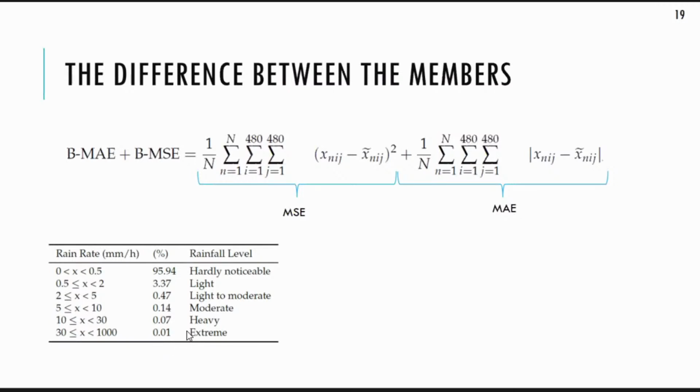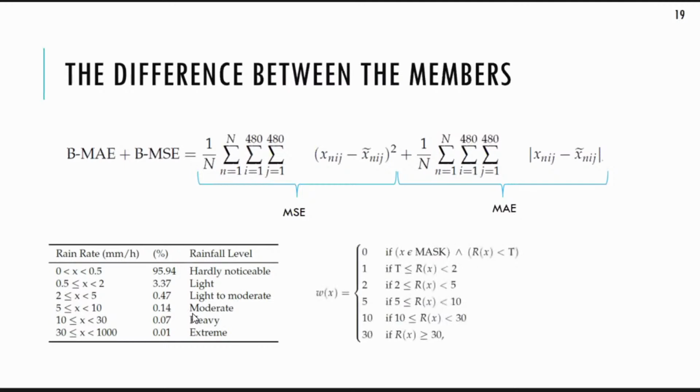One thing they could have done is just exclude a lot of this rain to make the data set more uniformly distributed, right? To have relatively more events with extreme precipitation. But they did something else, which is